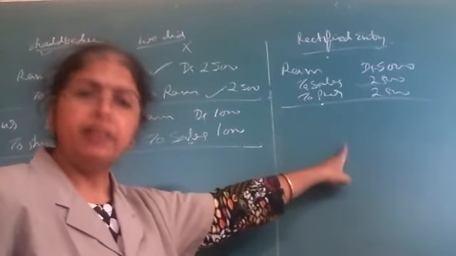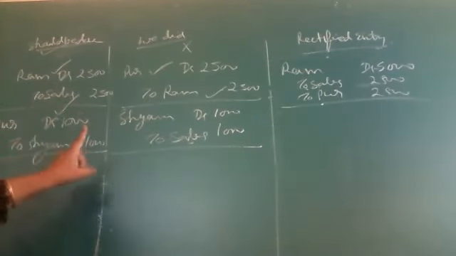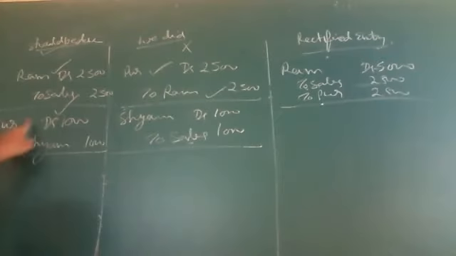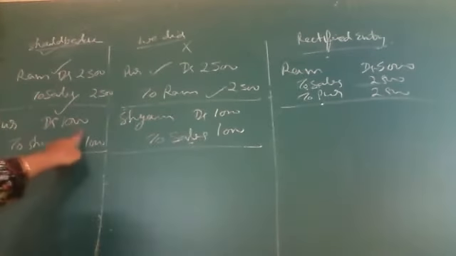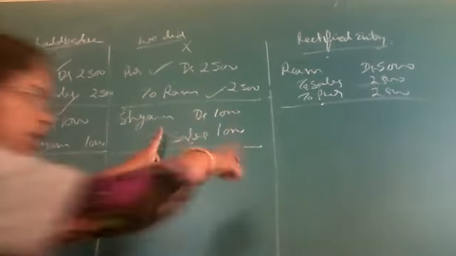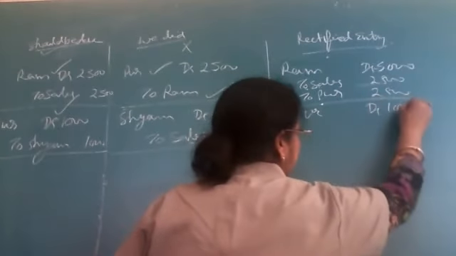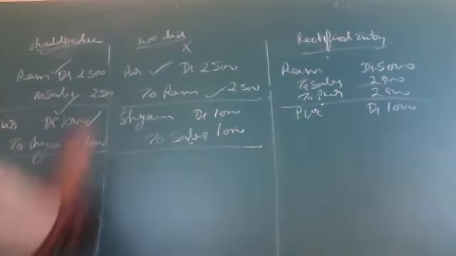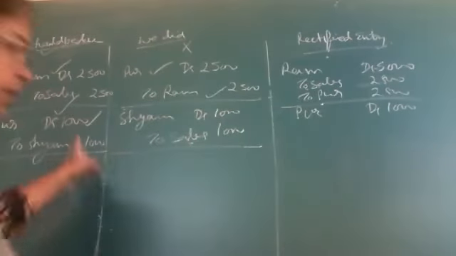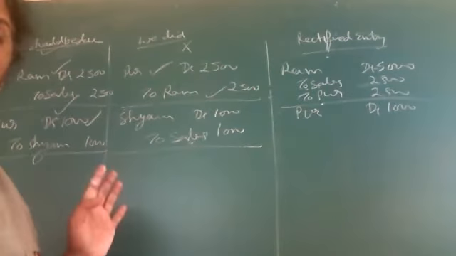Now we are going to prepare the rectified entry. As per the right entry, we will take them one by one. We have 4 items: 1, 2, 3, 4. Let's see from the first. Purchases must be debited. Have we done purchases debit? No. Okay, now you do it. Purchases account debit. This is done. Everything will move along with its amount. Whatever amount we have transferred, wrongly or rightly, it will move along with that amount.